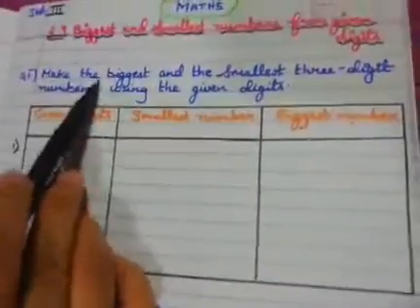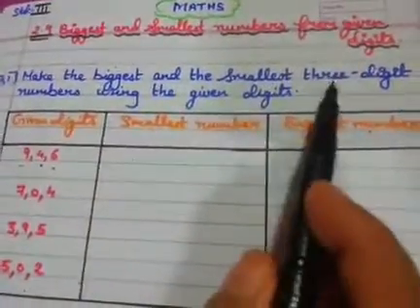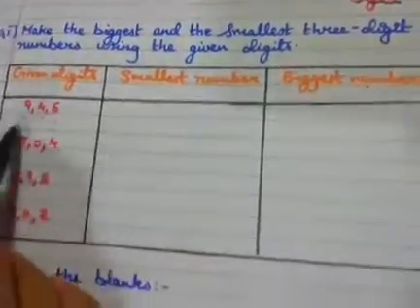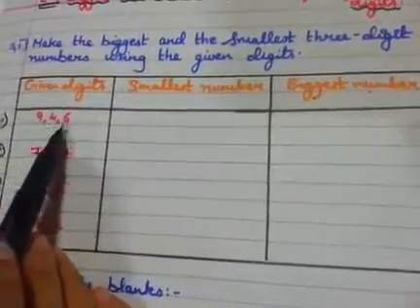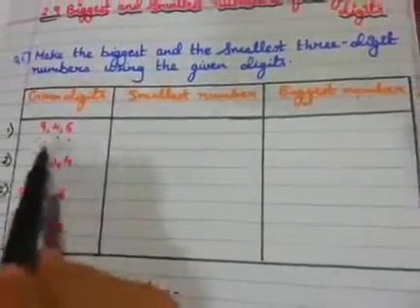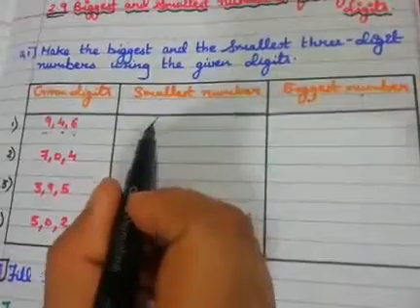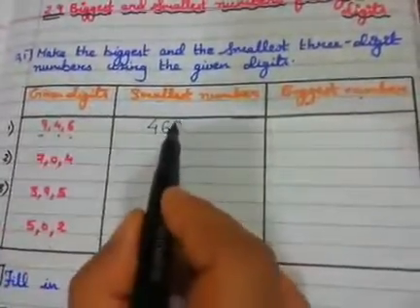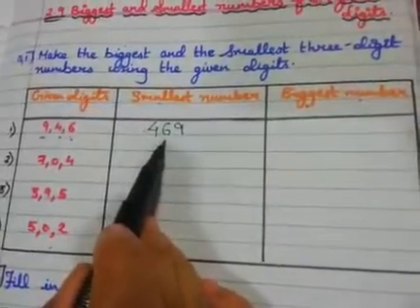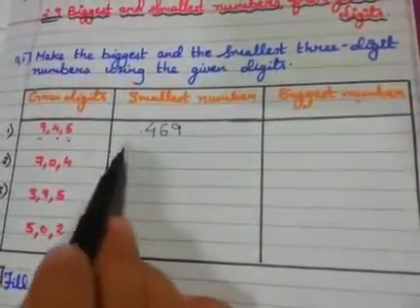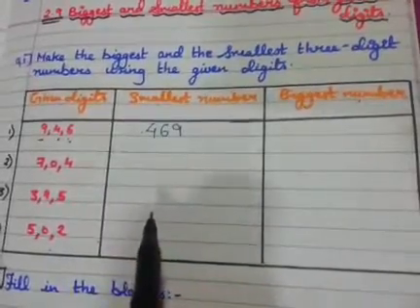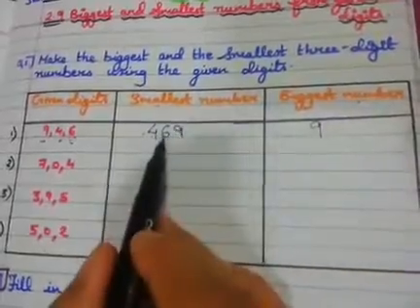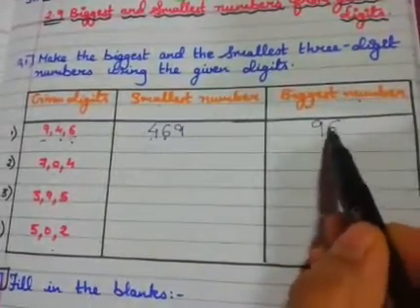Question 1. Make the biggest and the smallest 3-digit numbers using the given digits. First one, 946. Smallest children, from this 4 is smallest. Then we have 6 and then 9. In hundreds 4, in tens 6, and in units 9. So the number is 469. Biggest 9, then 6, and then 4. That is